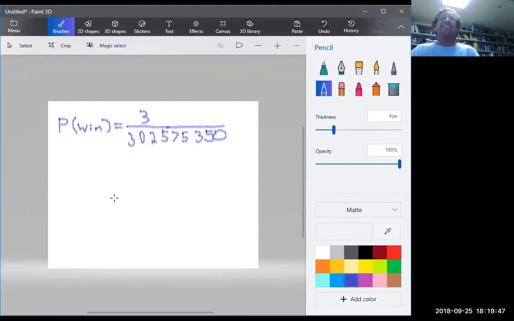But I doubt it. Okay, so I have 3 on the top and 3 on the bottom, so I could estimate this pretty easily. There's about a 1 in 100 million chance. Do you see that? So it's about a 1 in 100 million chance of this ticket right here being a winning ticket. You probably don't want to steal it from me with those chances. Any questions at all on this?